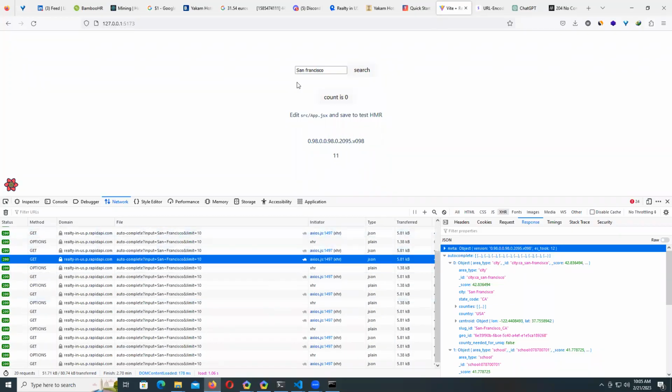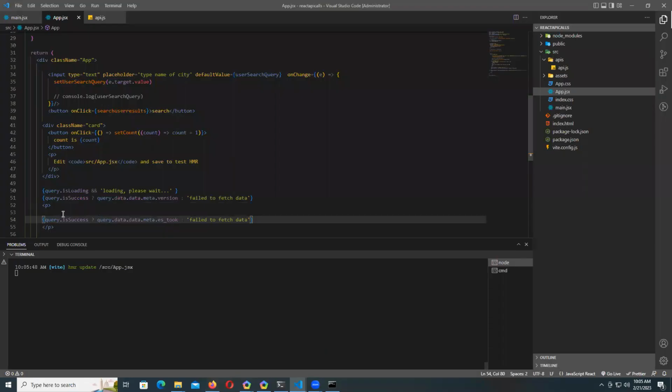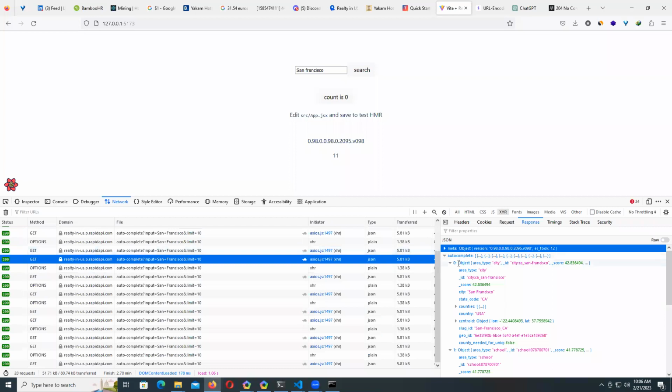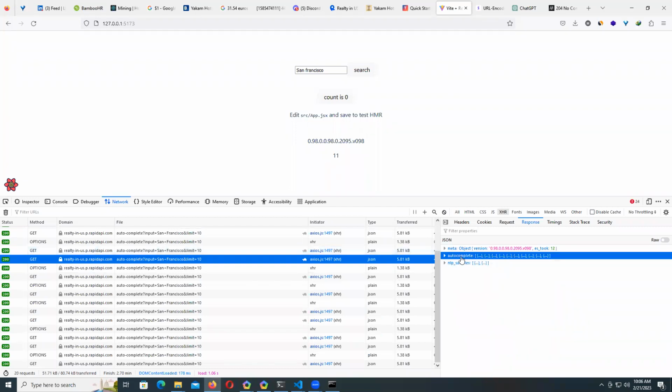If it is an object, you can just do this and you keep doing dot to fetch the data you want. But if it is an array, like this autocomplete, which is an array,